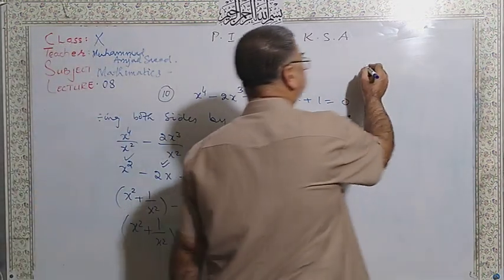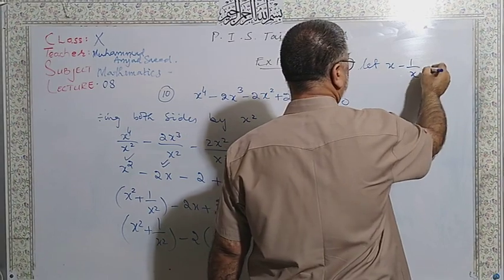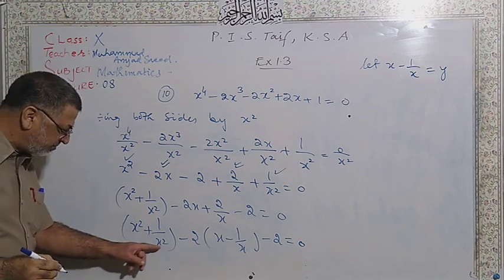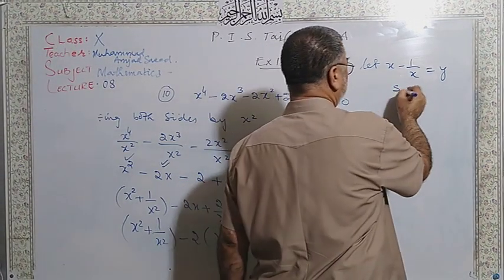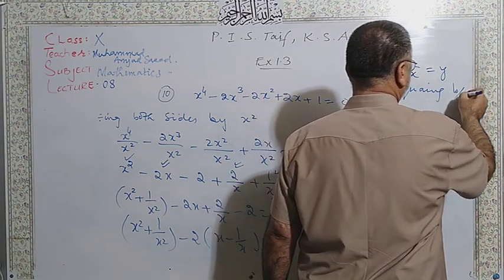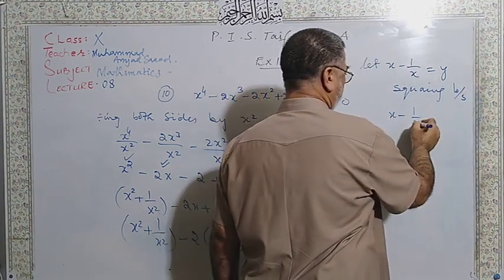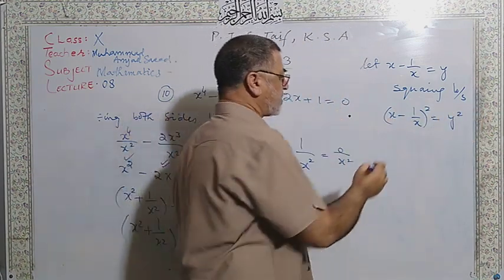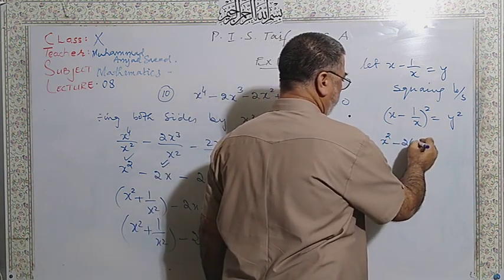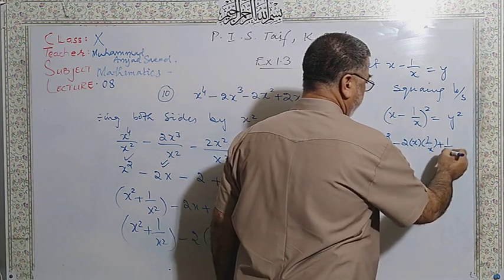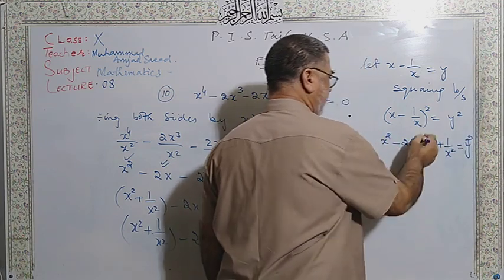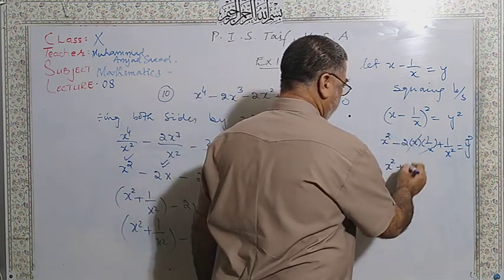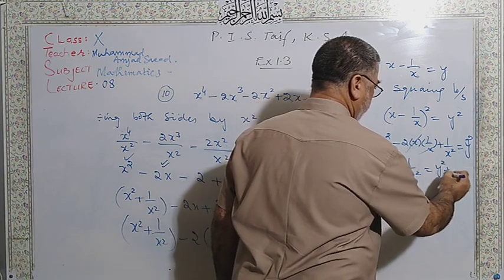Dear students, now you have the proper shape of equation, and here it is very easy to substitute. Let x minus 1 over x is equal to y, and you have to find the value of this one. So for finding this value, squaring both sides, x minus 1 over x whole square, that is equal to y square. Open up the formula of square, first square minus 2 into first second plus second square, that is equal to y square. X and x cancelled out. Bring this minus 2 to the other side. X square plus 1 over x square is equal to y square plus 2.